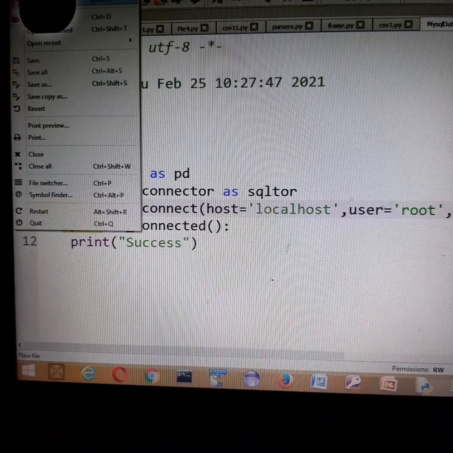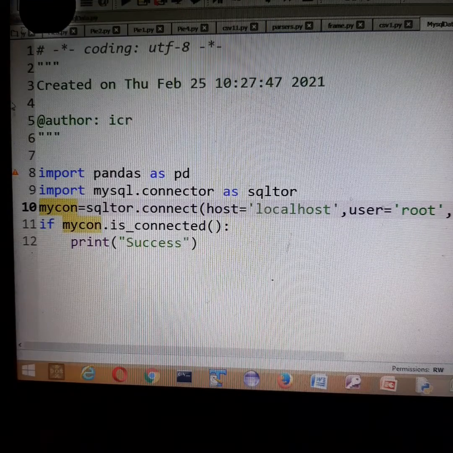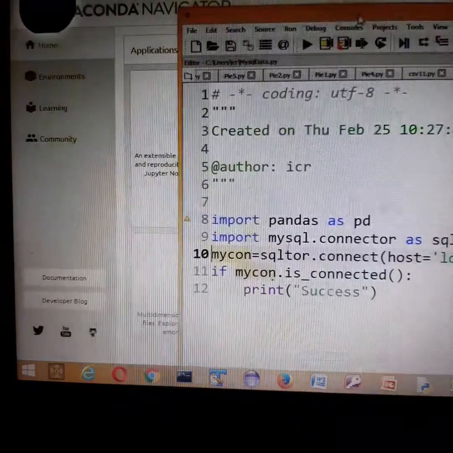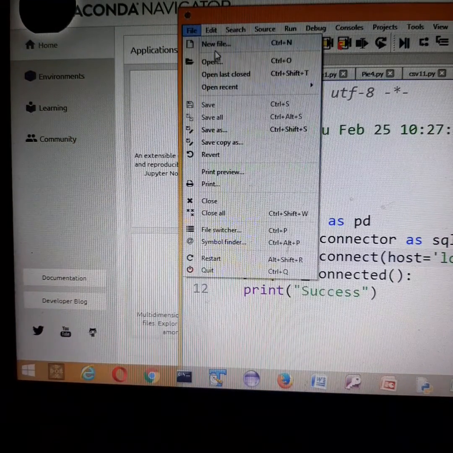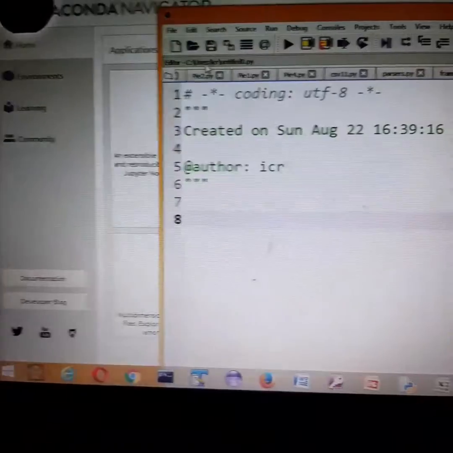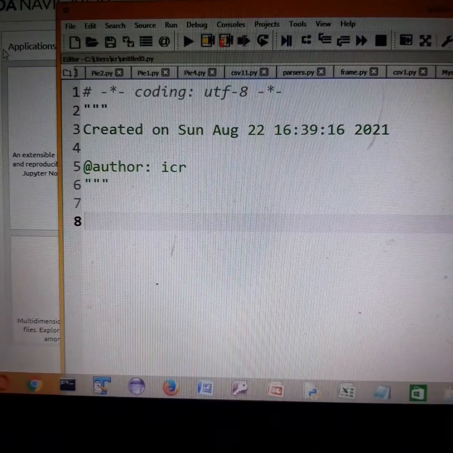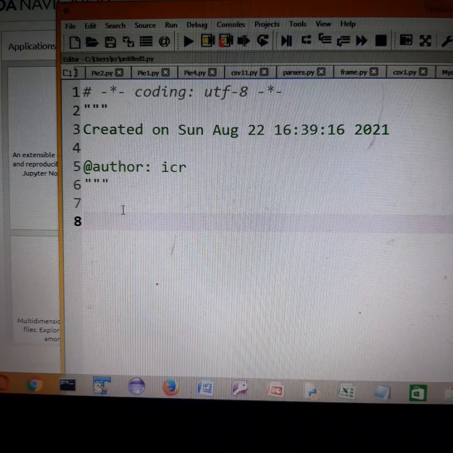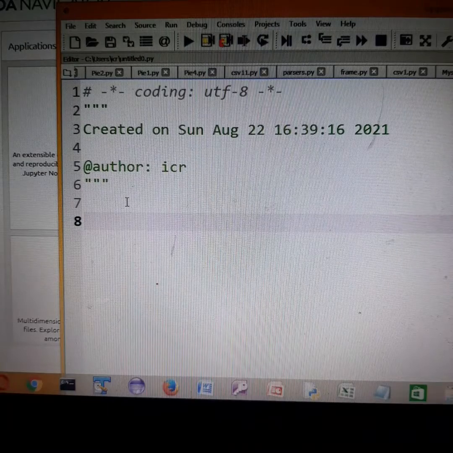If I go to file and take new file, a blank file appears here, and here we can do our programming.